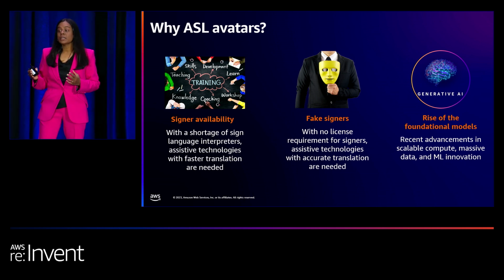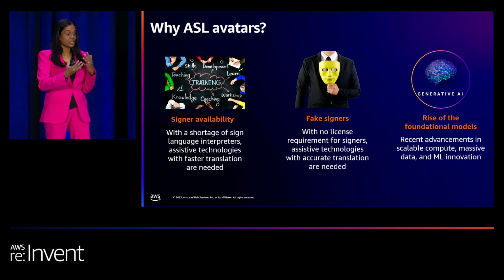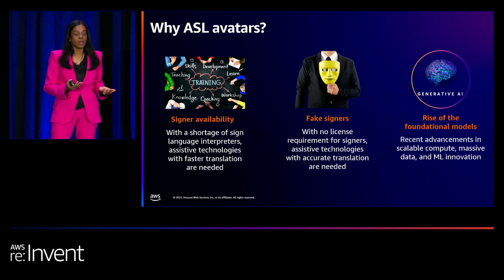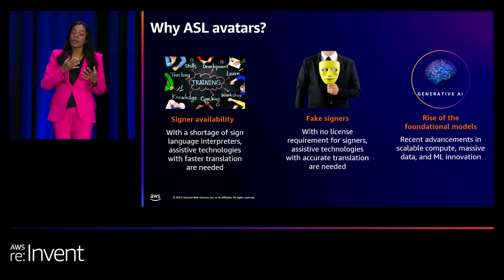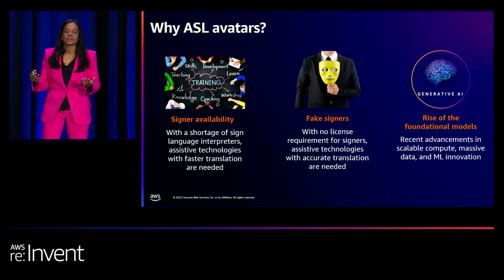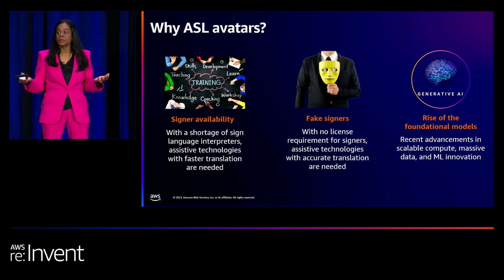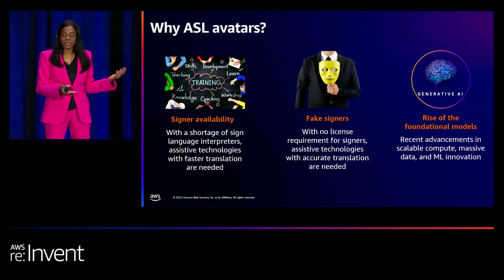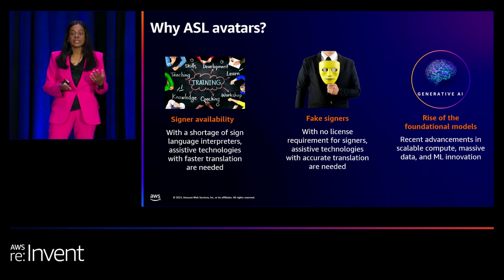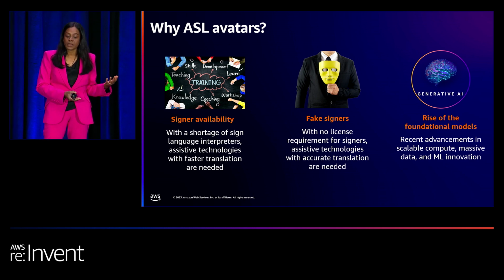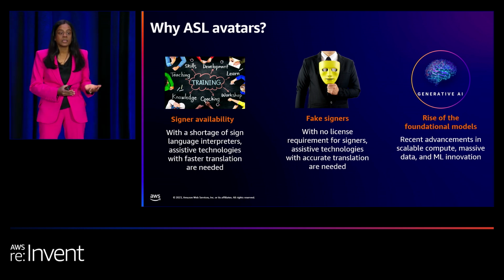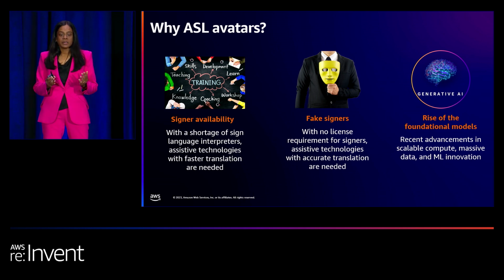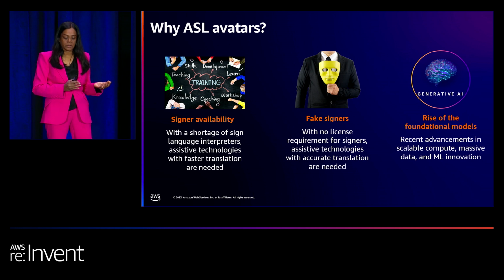There are video-on-demand platforms that allow sign language interpreters to join and attend calls, but they are in really short supply, and there are not enough qualified sign language interpreters to meet the demand. Fake signers continue to be on the news. A couple of years ago, a woman got arrested for fake signing in a police interview. Therefore, we are really leaning on the need to create assistive technology with faster and accurate translation.